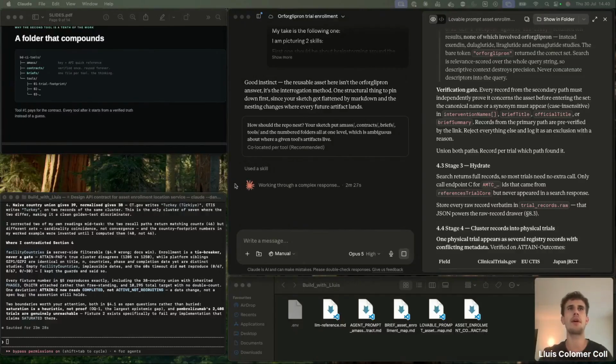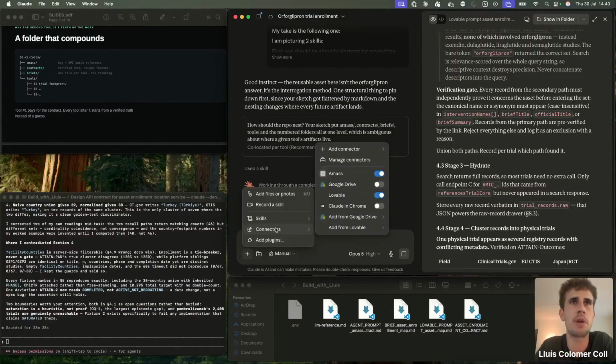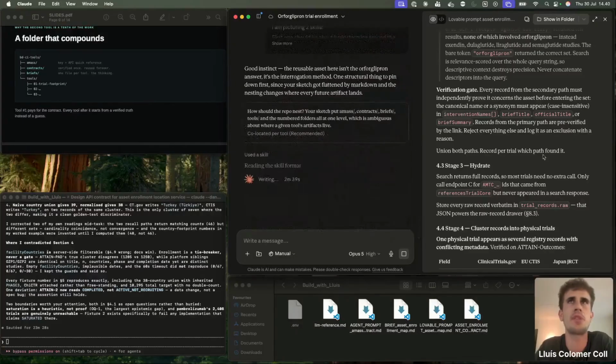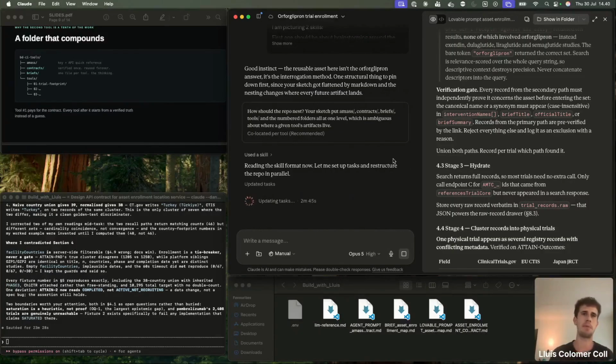But the whole idea around this skill and what I'm building now is that Lovable also has an MCP connector. So if we connect both Amass and Lovable, we can do all this thinking and all these sequential steps in the whole Claude session without having to flip between tabs and copy pasting. We still become the human in the loop and the orchestrator, but all the building process comes through this.